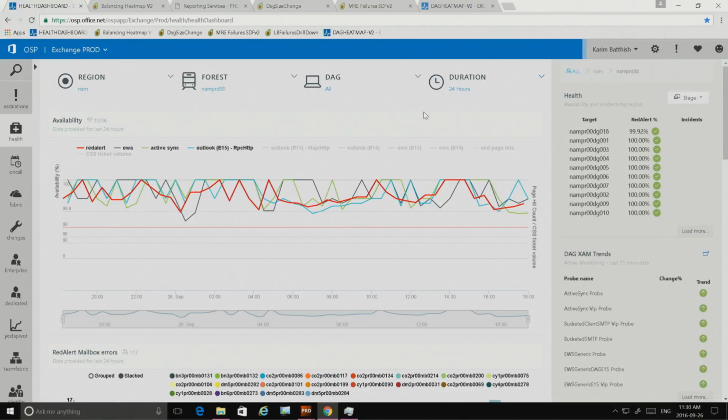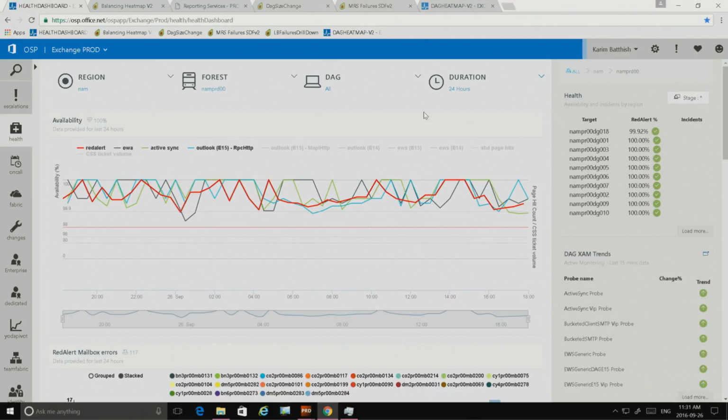I'm a group program manager, and I'm responsible for the team that owns storage in Exchange Online, as well as in the Exchange Server product. And in many ways, I'm responsible for the administration of Exchange's online storage system, much like many of you are. Now, as we run Exchange Online, one of the differences that might exist between on-prem and the cloud is really the scale at which we operate.